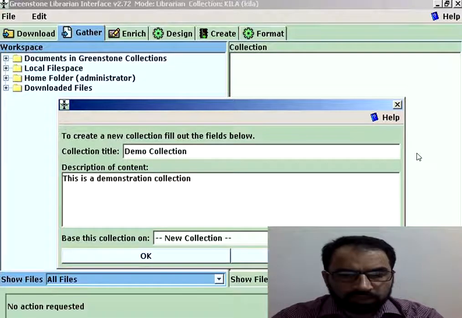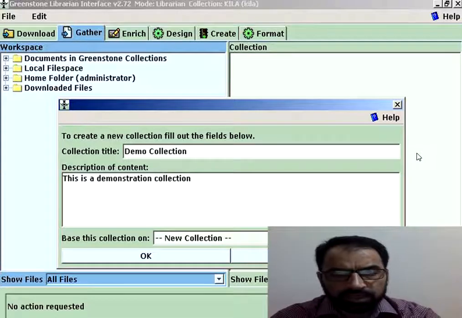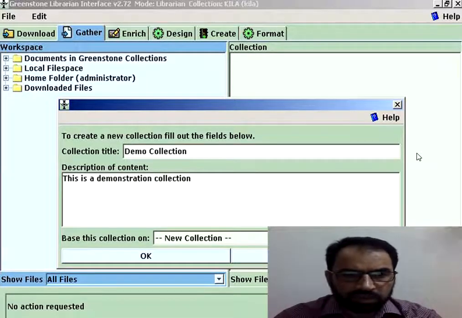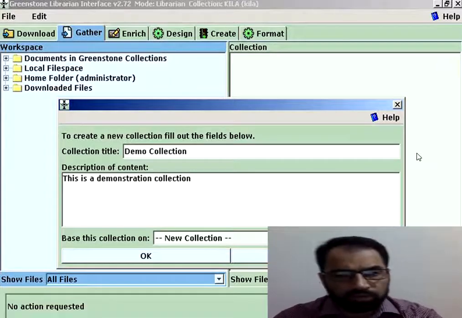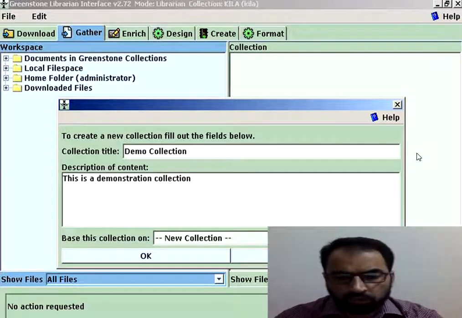If we have a collection related to, for example, manuscripts, we'll describe the digital collection as a collection of manuscripts, or we can describe the suitability of the collection or the resources which are available, and then we can describe the contents in the description box which is represented in the window.